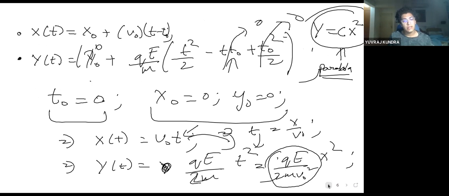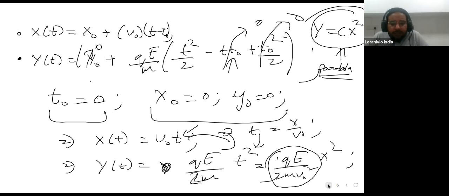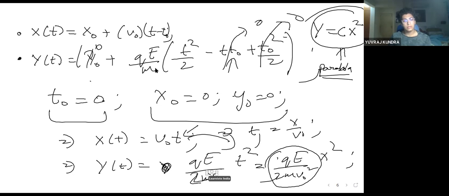सर इसमें हमारा t इज इक्वल टू x अपॉन v नॉट आया, तो हमने उसमें x की वैल्यू डाल दी जो हमें आई थी v नॉट t. तो उसके बाद हमने v नॉट की वैल्यू डाल दी, qe अपॉन 2m v नॉट. नहीं. All we've done is t की वैल्यू उठाई यहाँ से, इस वाली इक्वेशन से t की वैल्यू उठाई और यहाँ पे नीचे डाल दी. ओके ओके, और कुछ नहीं किया हमने.